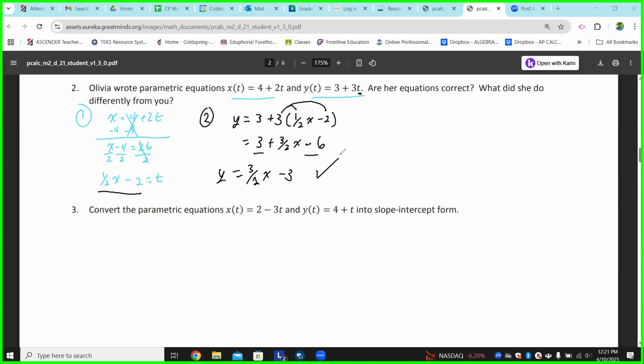Yeah. So I need that right there. So is this concept, slide down to y equals